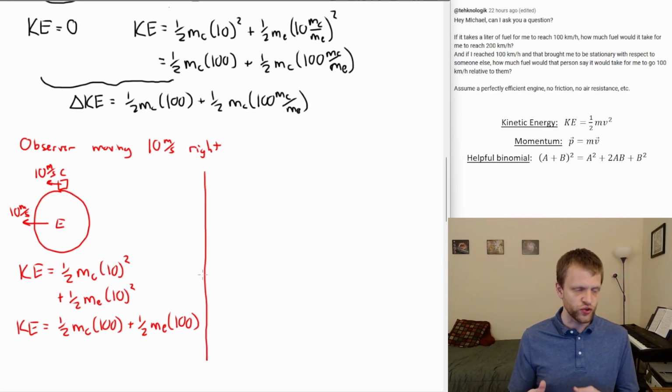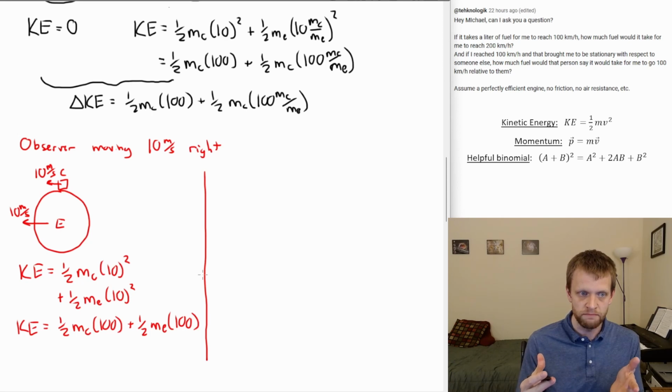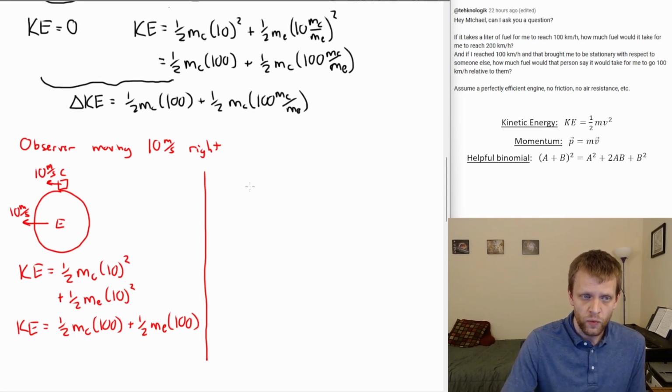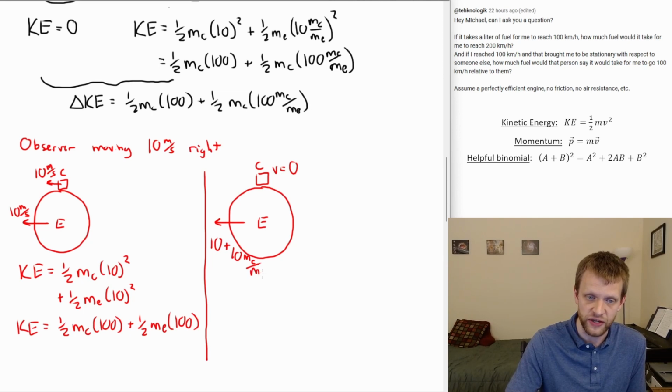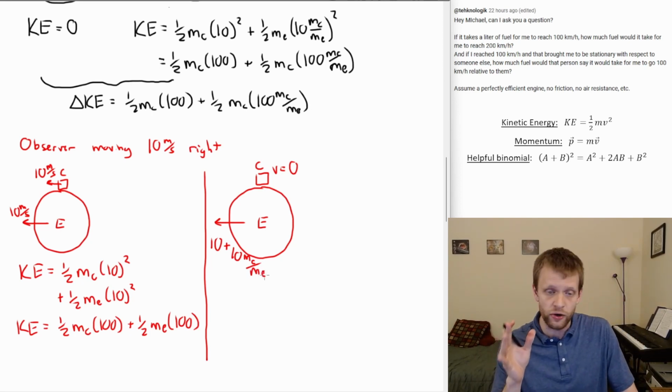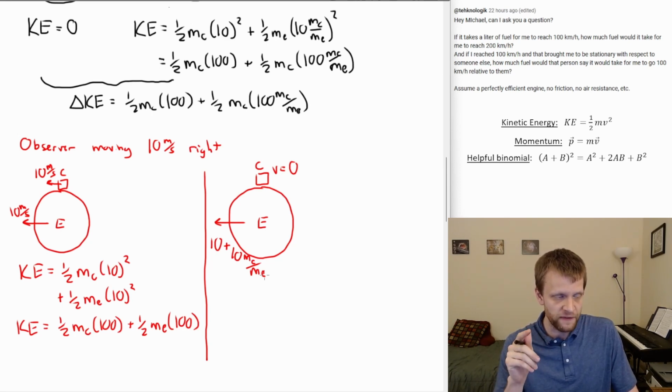But what do we get in the case where now things are going to be moving? Well, once the car is moving at 10 meters per second to the right, the car is going to appear to be at rest. So the car's velocity is 0. The Earth still has a bit of recoil, so its velocity is actually going to be 10 plus 10 times the mass of the car over the mass of the Earth. Again, this mass of the car over the mass of the Earth term is a really, really small value. But let's see how it affects the calculation of our kinetic energy.